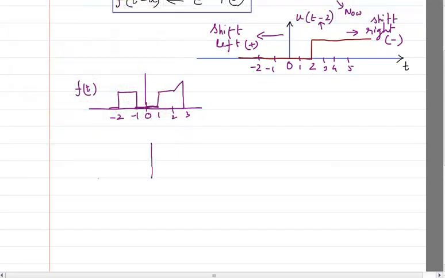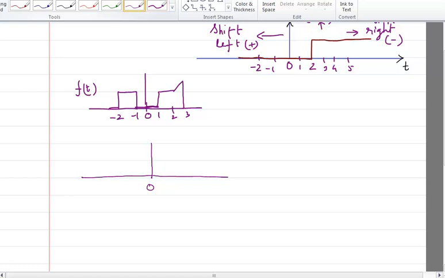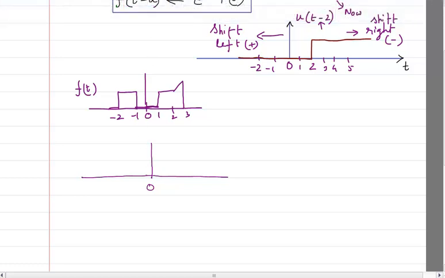Let me draw it. So I am having the 0 at the same place, but now instead of drawing the signal at say -1, I am drawing that signal at 0. So you can see what I have done here: this is now -1, and this is now going to be 2, and from 2 it is going to go up, then it is going to come here, which is 3, and then it is going like this, and then it is coming like this, this is 4. So what do you see?